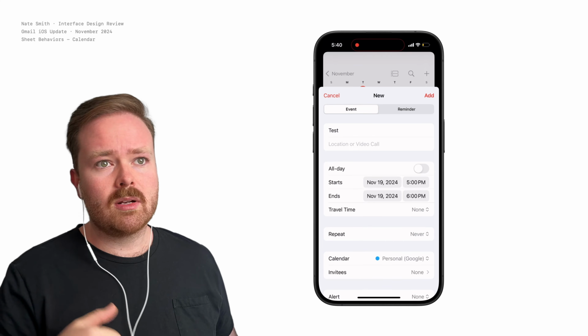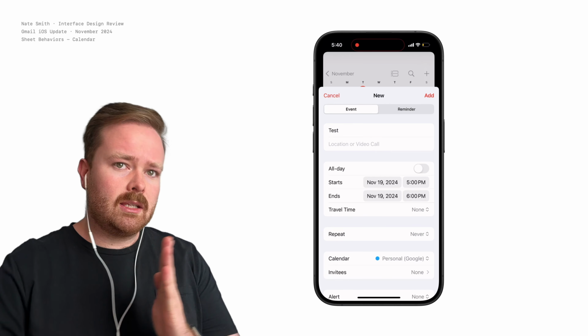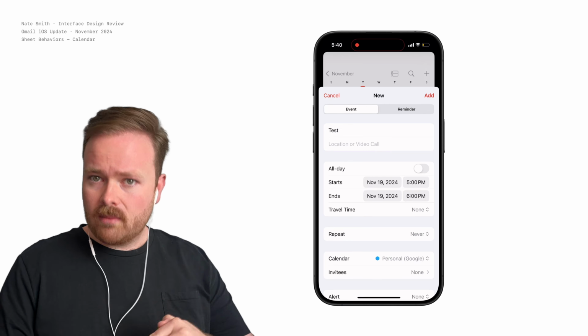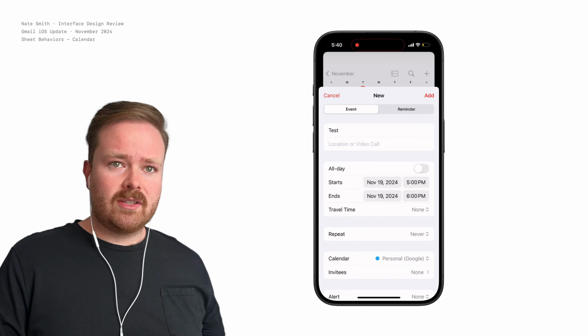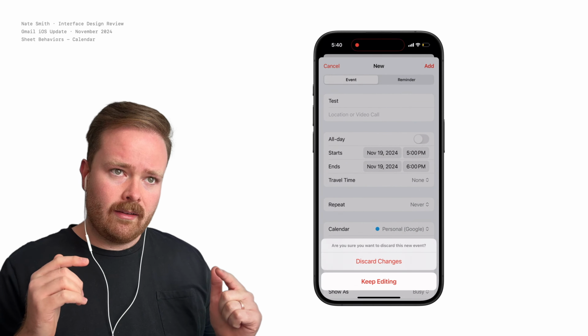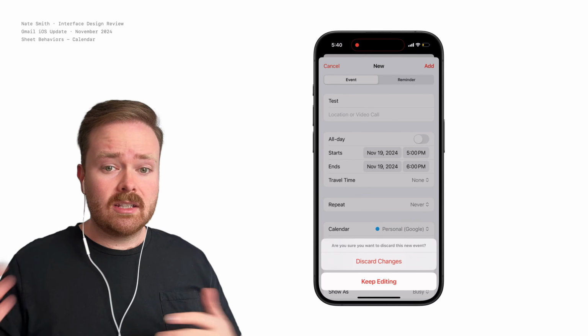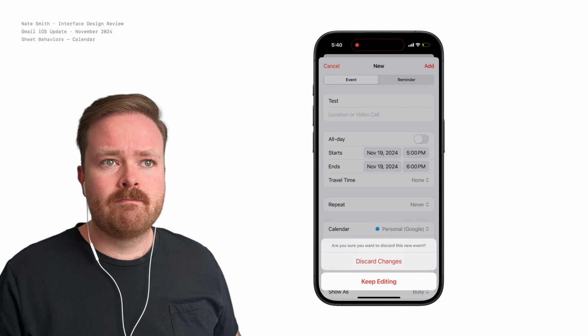I can just swipe down in the middle of the screen. But Calendar, just like Gmail, isn't going to let me just immediately swipe the screen away once I've started to fill out content. It'll actually automatically snap back to position the same way. But what Calendar does that's pretty interesting is that when it snaps back, it's going to pull up this action sheet. Are you sure you want to dismiss? You can continue editing or discard. I think this is a pretty cool approach.